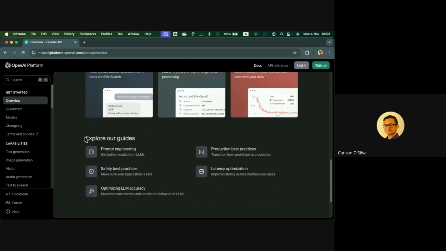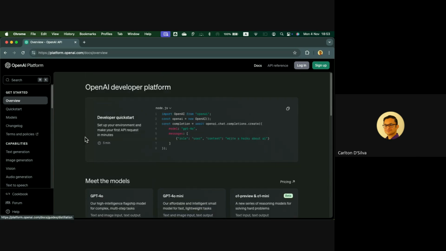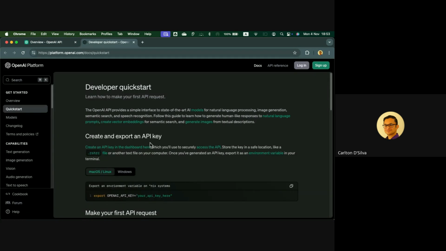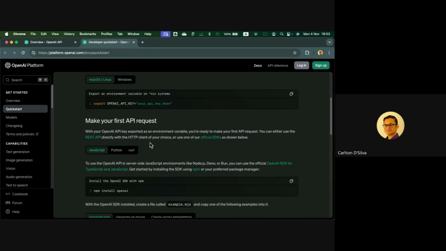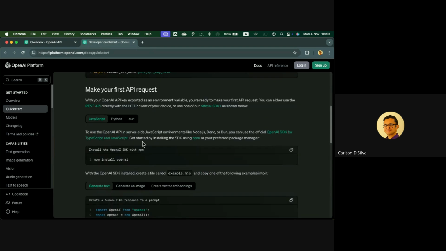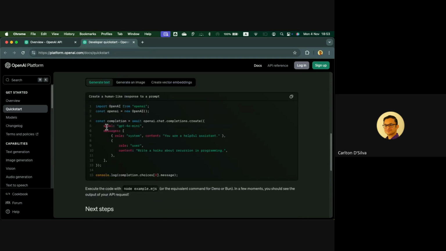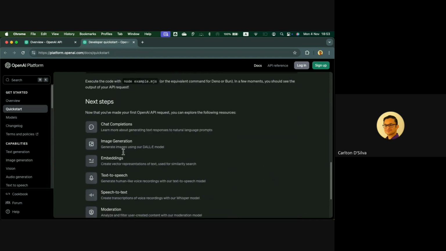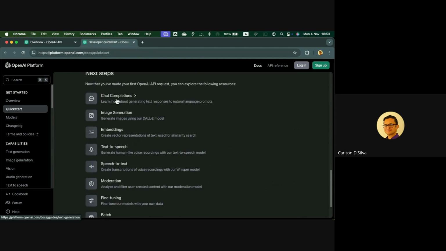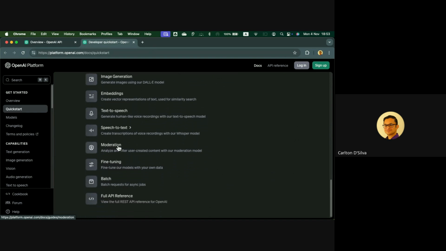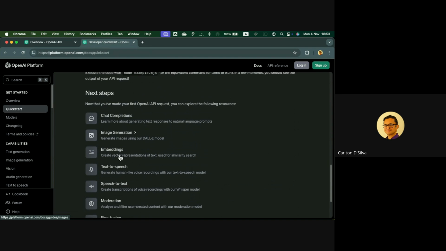Just like GitHub had some documentation, you'd have to go through the documentation. I myself am not fully aware of all the capabilities and how it's achieved, but remember I was telling you these are the keys that are required. You can see them here, right? And it tells you, you can do chat completion, image generation. You can use it for all sorts of things, and they explain how to do each one of those.